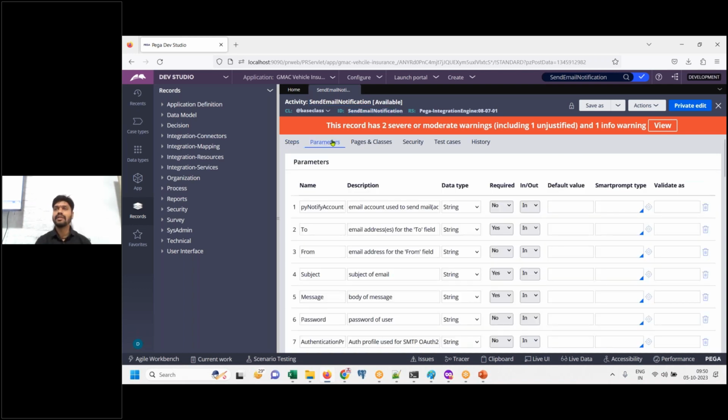Know its parameters. When I fit this functional component in my application, I should pass the email address to whom I want to send the email, from which email I want to send it, what is the subject line of the email, and what is the message. Knowing this, you will be finishing the requirement of sending email notification